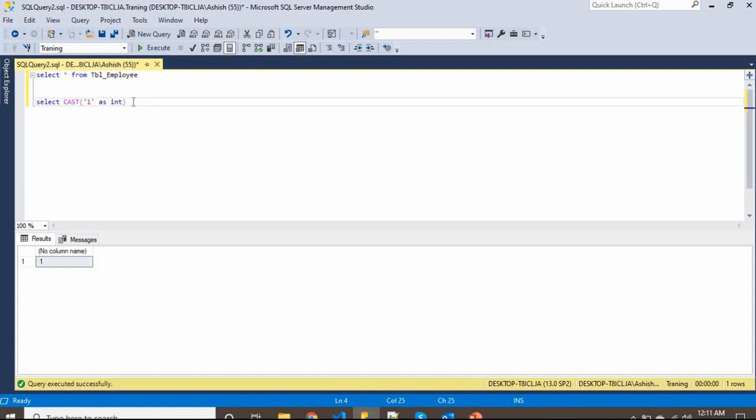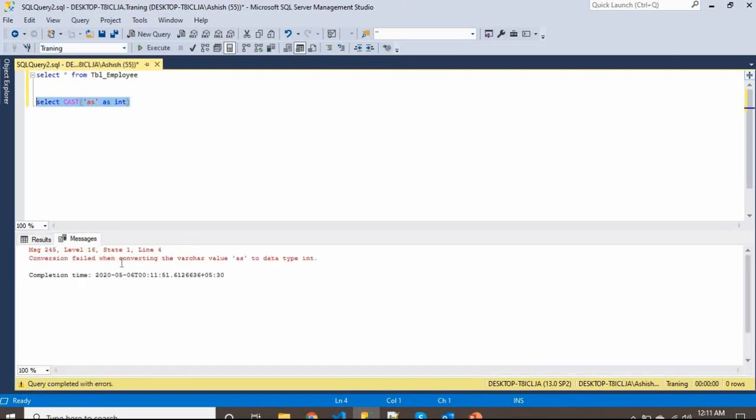But sometimes you try to convert a value which is not an integer, and it says conversion failed when converting the varchar value to int. Sometimes when inserting data, people insert a string instead of an integer. In that case, if you need to convert it, you can use cast.